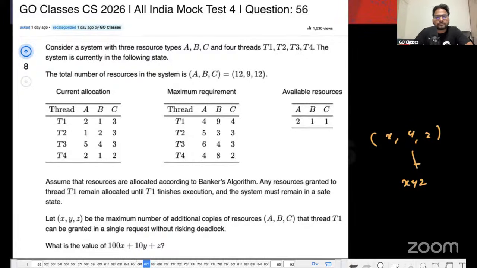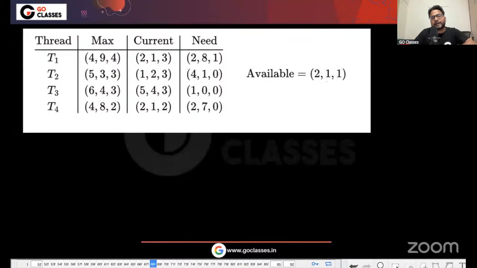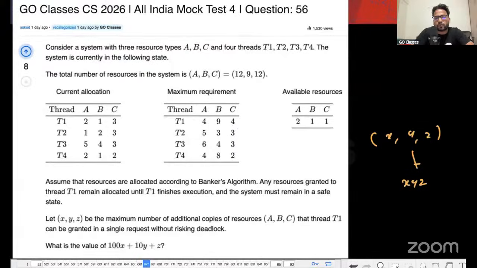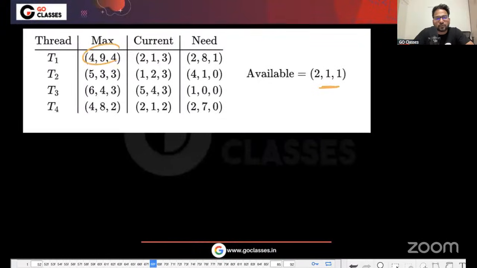See, available is 211. Now they are saying what is the maximum that T1 can request. So available is 211, the maximum need of T1, which is given here, is 494. Maximum T1 can request 494, obviously, and currently it has 213. And you can find out the need by subtracting this. Then need is this, right? So they're asking the maximum T1 can request